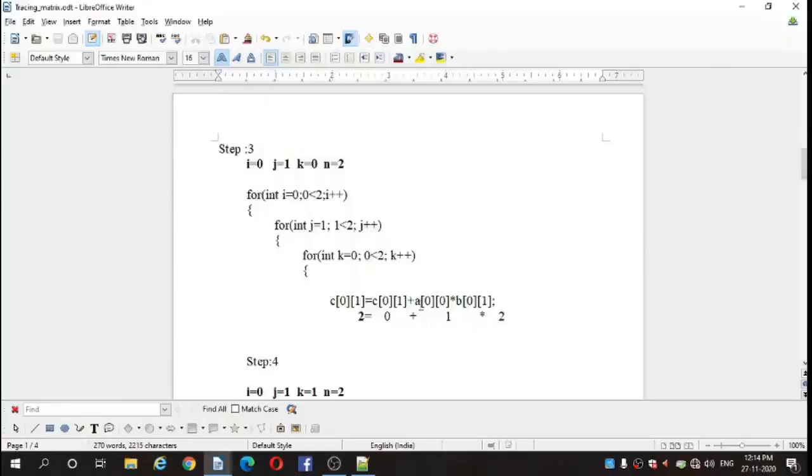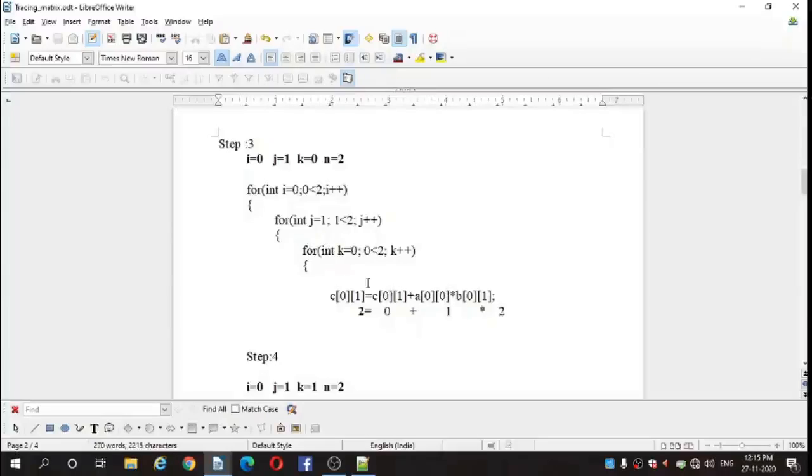It again starts from the 0th position, because whenever we increment the value of the outer loop, it again goes through the inner loop until all its iterations are finished. 0 is less than 2, it is true.